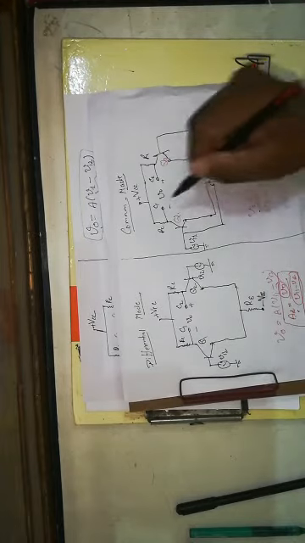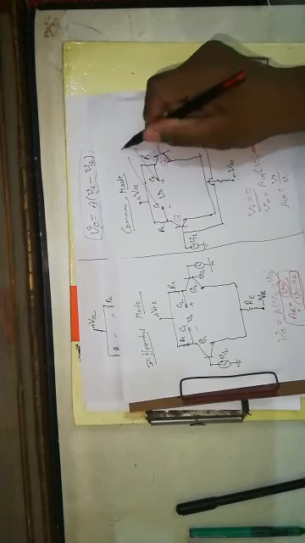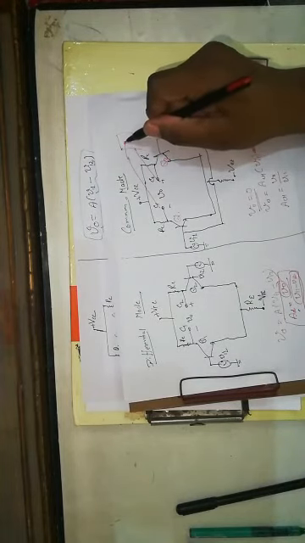But there is also some common mode gain. So this is how we measure the differential mode gain, and this is how we measure the common mode gain. In common mode gain, it is v naught upon vi1. All we need to do is measure this v naught by a multimeter or voltmeter, and we can find the common mode gain. And for the differential mode gain, we apply the two inputs and find the output.